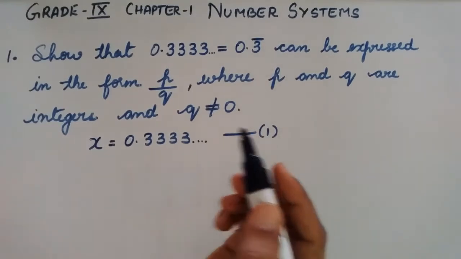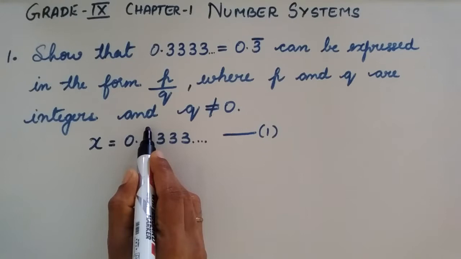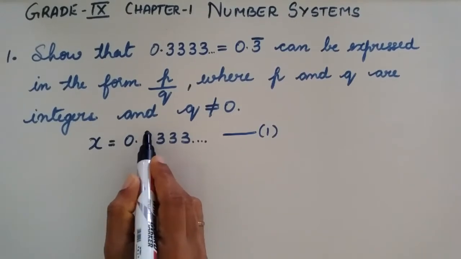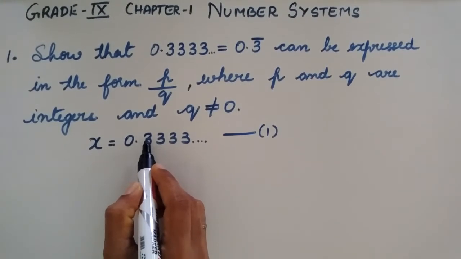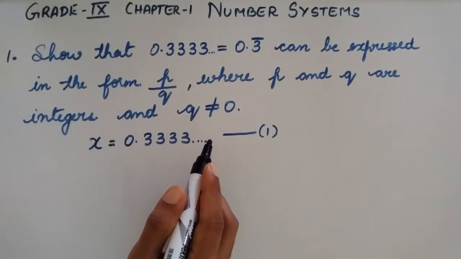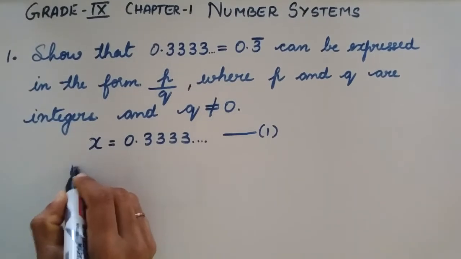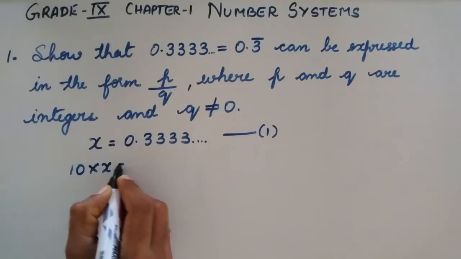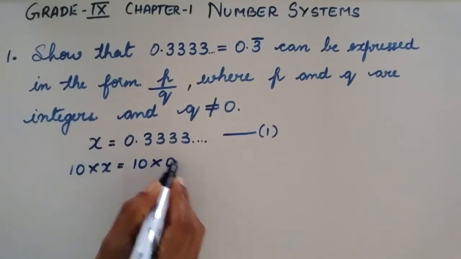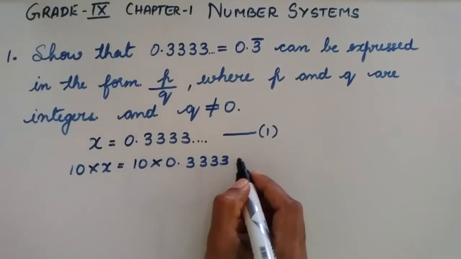And then here we observe that only one digit, that is the number 3, is repeating. So multiply this equation both sides by 10. That is 10 into x is equal to 10 into 0.3333...